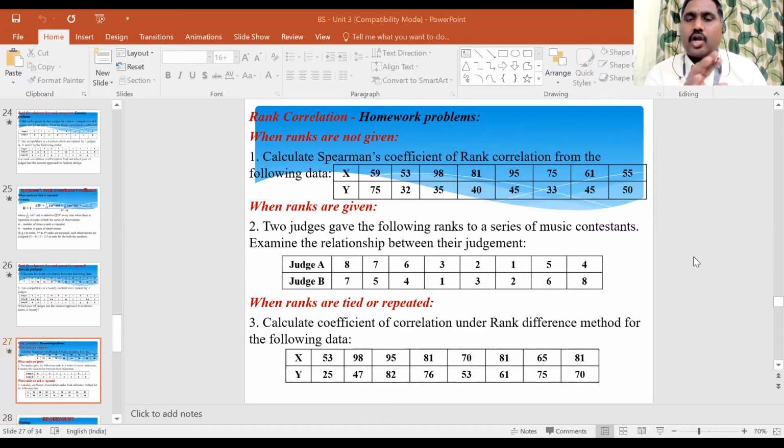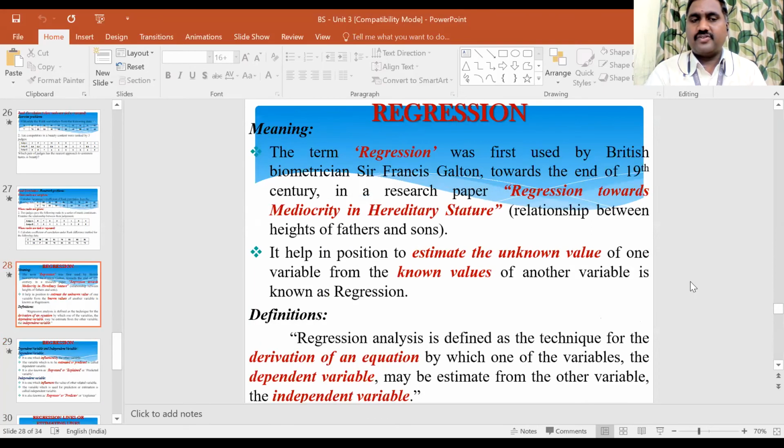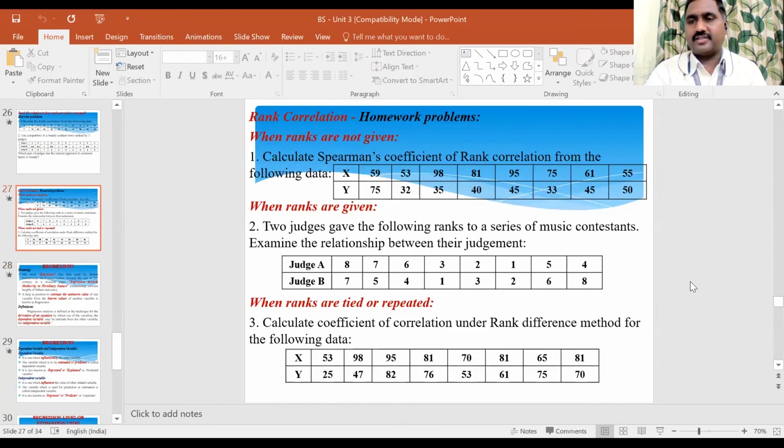So with this, correlation is clear, over. So the Karl Pearson method is over and the rank correlation method is over. If you have any doubts in the rank correlation, please let me know. Tomorrow also we will spend some 10 to 15 minutes explaining the rank correlation. If you are clear, no problem. We'll move on to the regression. Okay, fine. So with this, we will stop and tomorrow we will take regression.